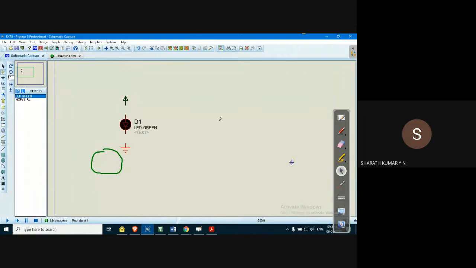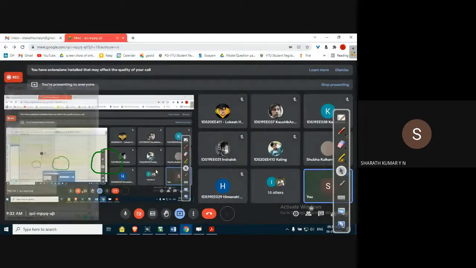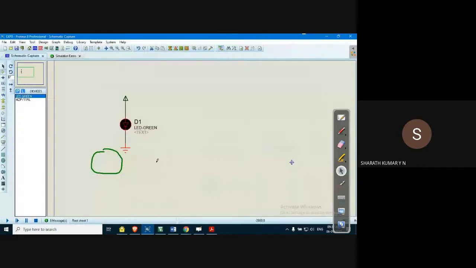Just like any other simulator, we can make changes in the components, the properties of the components as well as how they are placed on the schematic. Okay, here we go. So again, let us simulate it so that we can observe the output. Very simple, it's an indication. Since I have selected green color LED, it shows the turn on condition of an LED. This is a very simple thing.